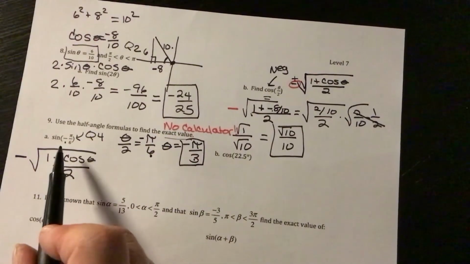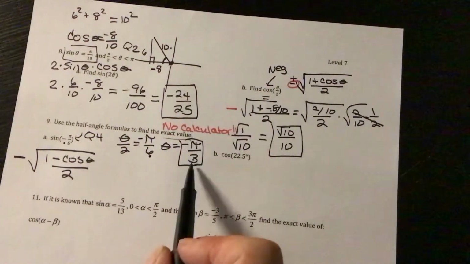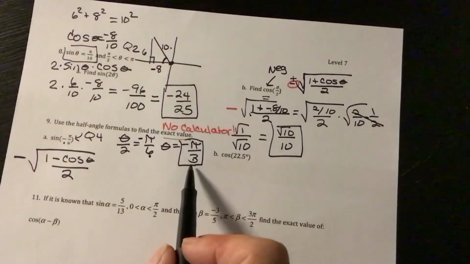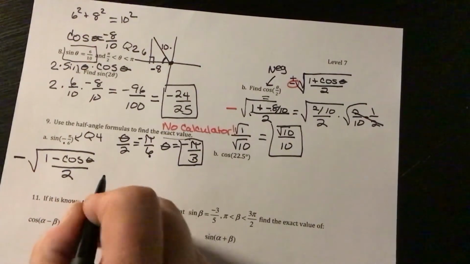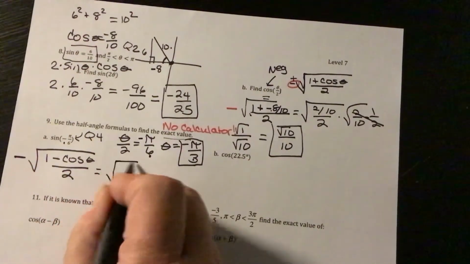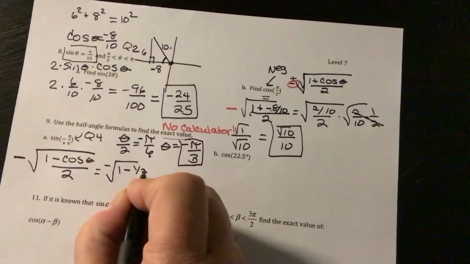And I know that cosine of negative pi over 3 is 1/2. So this is the negative value of 1 minus 1/2